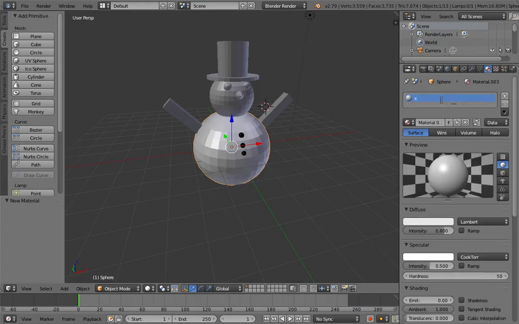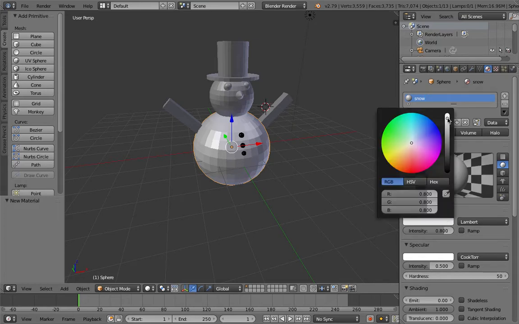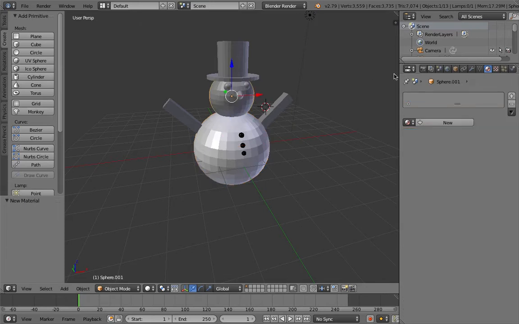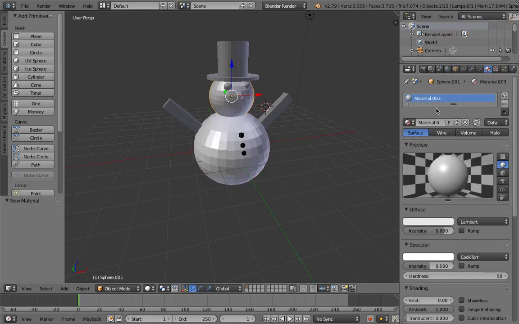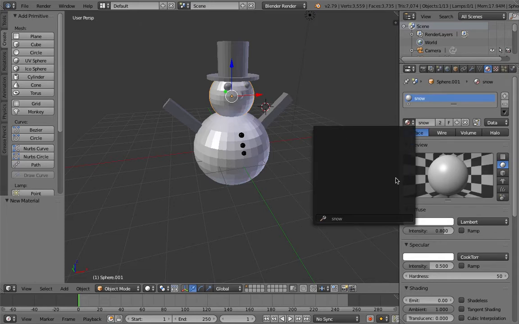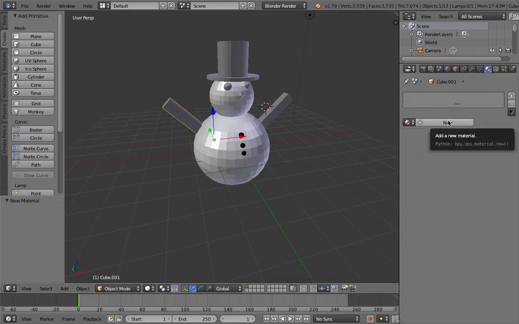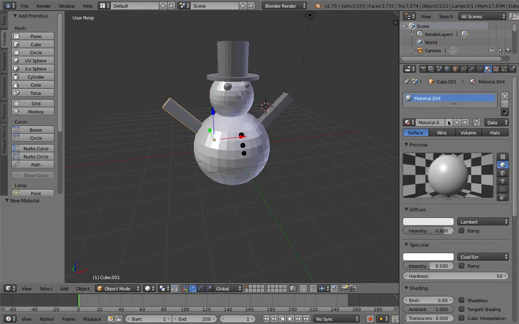Snow. Luckily for us, it's already right. So I'm going to select this. Snow. And that's about done. Now if you select this and I select this, and we can do